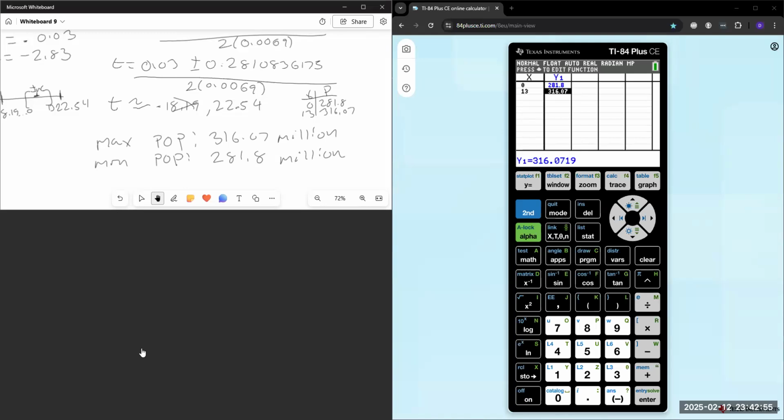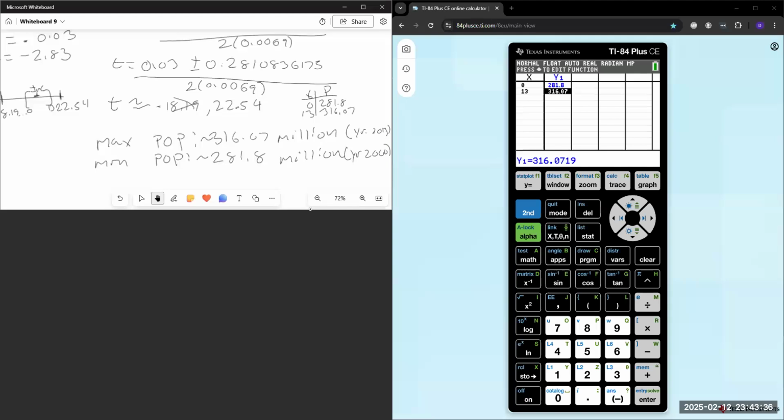They ask us to write a brief paragraph to compare our conjecture with our results. The minimum population was about 281.8 million in the year 2000. These are approximations. The maximum population happened in the year 2013, and it was approximately